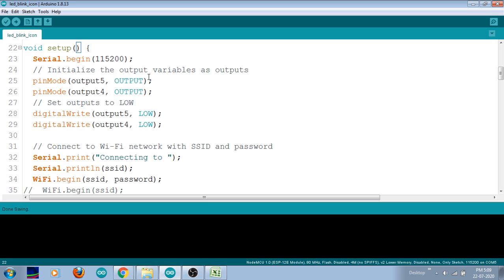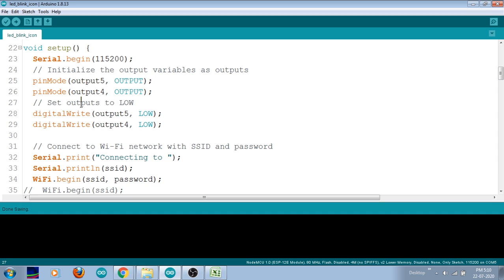For example, if you're going to connect your home appliances like LEDs, lights or fans to your NodeMCU, then initially they have to be switched off, and only then should we automate. If the device is already turned on at the initial stage, that is not desirable, because some precise equipment can get into a trouble situation. If you suddenly turn it on or suddenly turn it off, it will become a problem. So whenever it is initializing, you have to ensure that the device is in the off state.